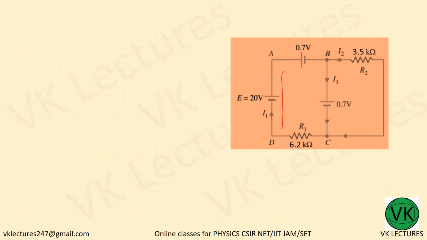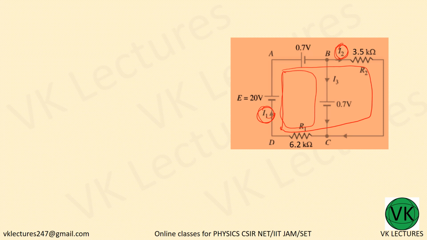See, I could have used this loop if either I2 or I1 I had already known. In the beginning, I did not know I2 or I1. Because I did not know I2 or I1, I had gone with the first loop. You will have two unknowns, I1 and I2, if you have used the